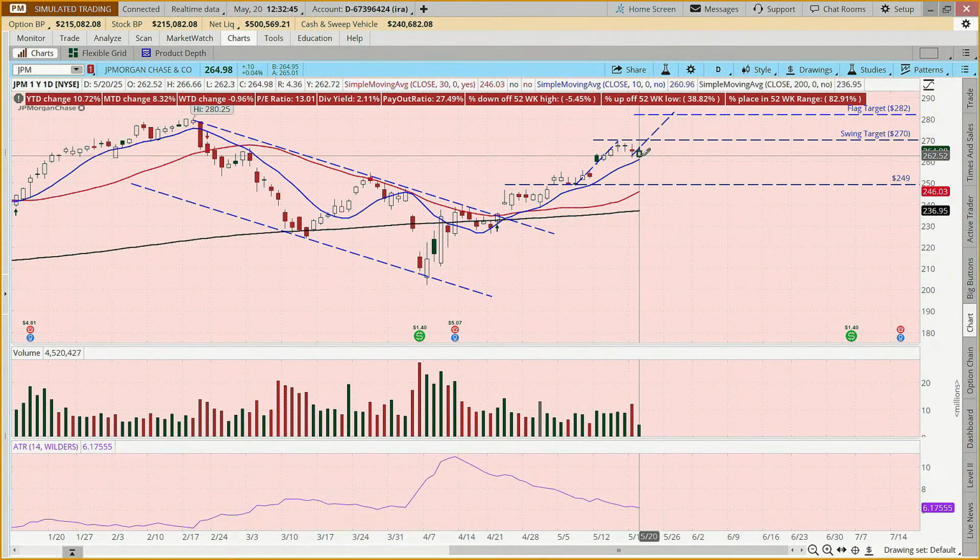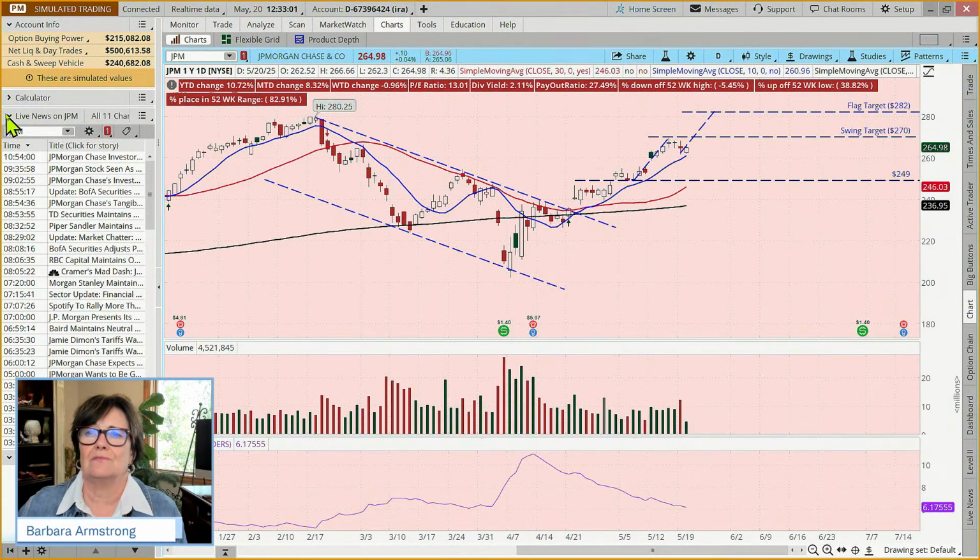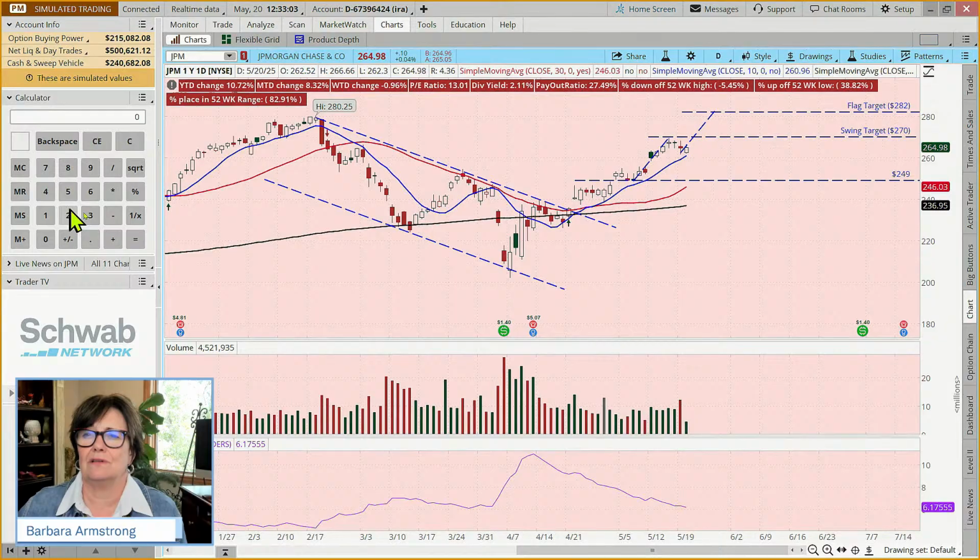Now, where might we put a stop? Because with the option, we said, hey, if it loses half its value, we'd like to exit. Now, what about the stock? You don't want to wait till it loses half its value. Well, you might say, here was this recent low at 261.93. So I am going to take my calculator, 261.93, let's just call it 262, times 0.97.